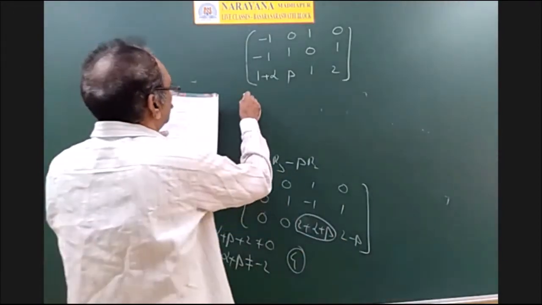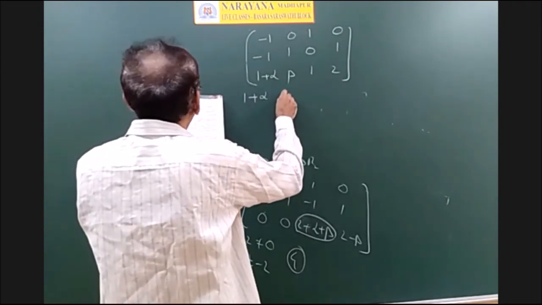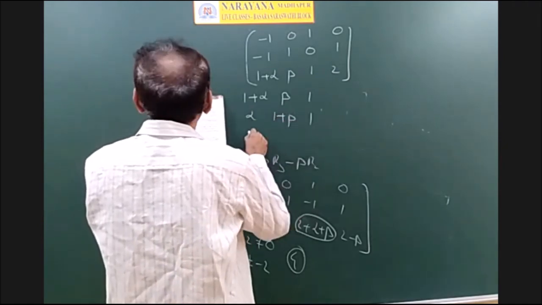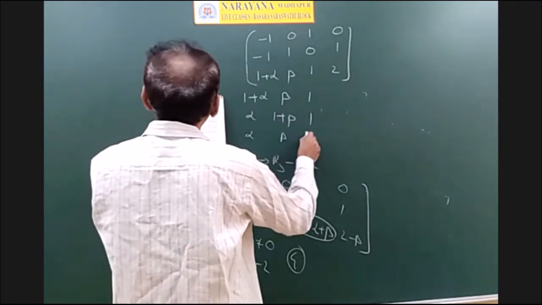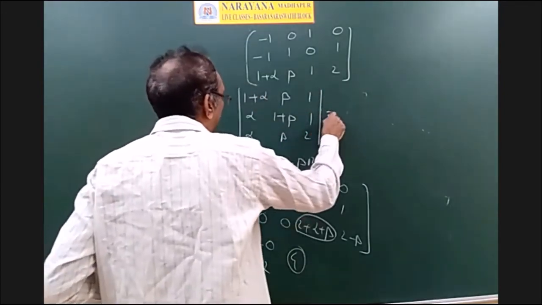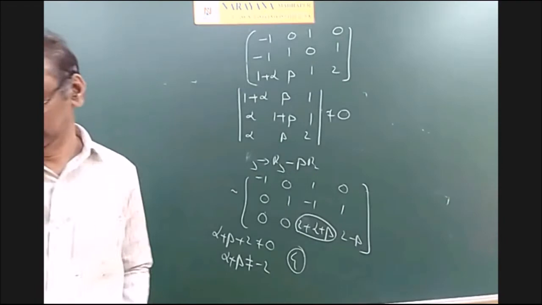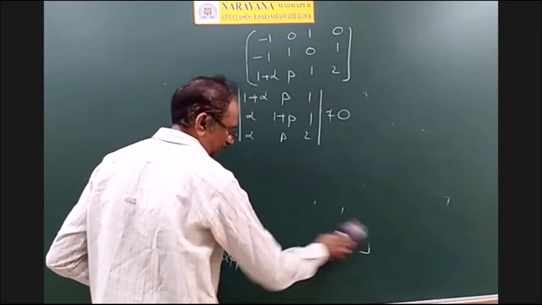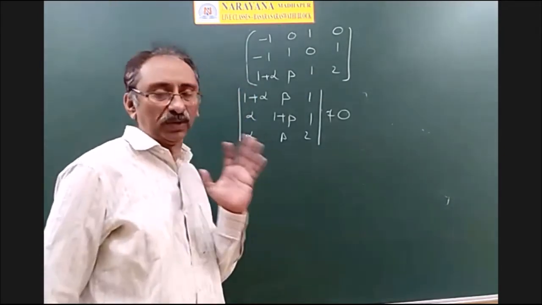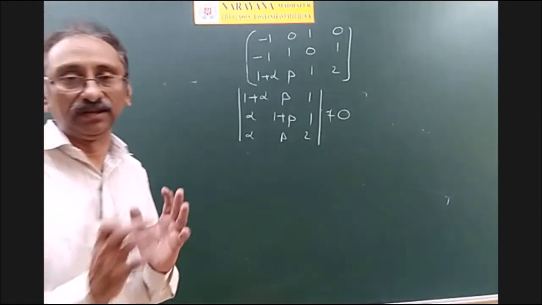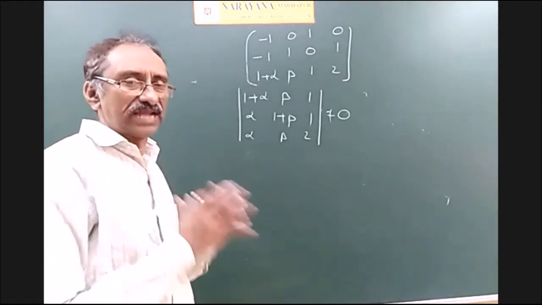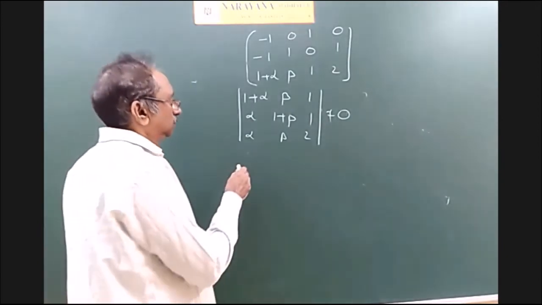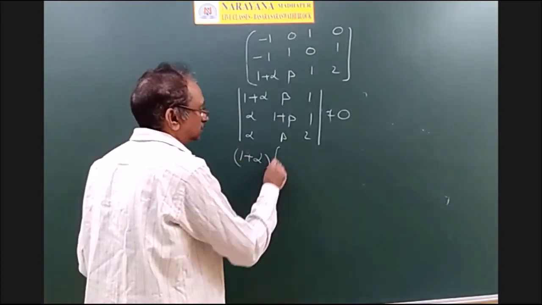So the determinant means the coefficient matrix: 1 plus alpha, beta, 1; alpha, 1 plus beta, 1; alpha, beta, 2. Its determinant should not be equal to 0. So you get that easily now using this. You need not go for equations. No doubt, the rank of A, the rank of the augmented matrix and the number of variables is the standard procedure. For every problem of this type, you can go to that model. But sometimes you can do those problems easily using this determinant also.